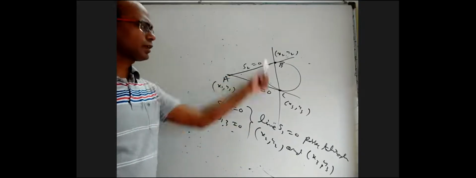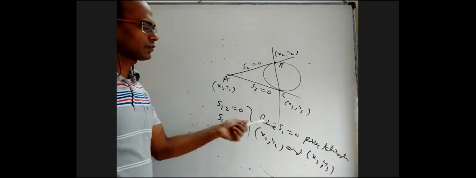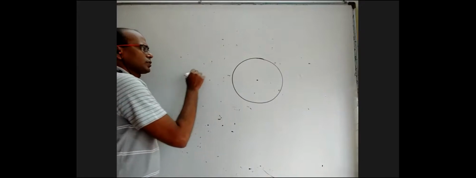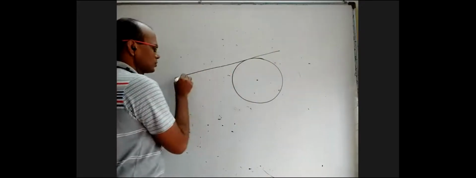So from an external point, when you draw the chord of contact, the formula is S1 equal to 0 for all conic sections. This proof is applicable for all conic sections. I wanted to prove it once again in parabola, ellipse, and hyperbola, though I may not be discussing in the exact same order. If somebody wants the angle between the tangents from an external point, it's very, very easy. You take this, draw two tangents.